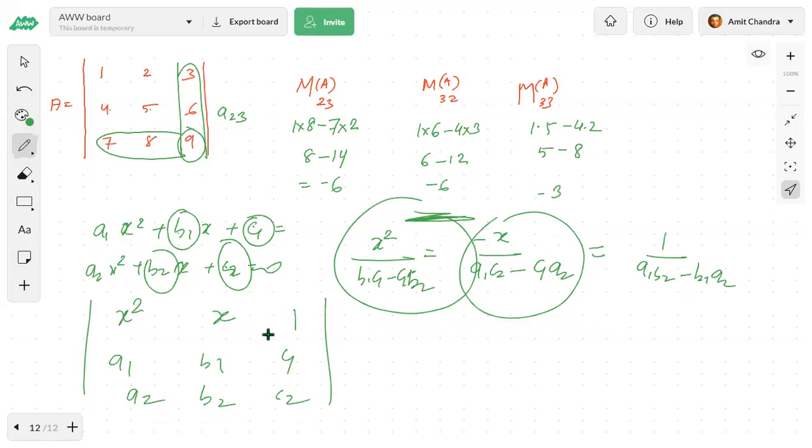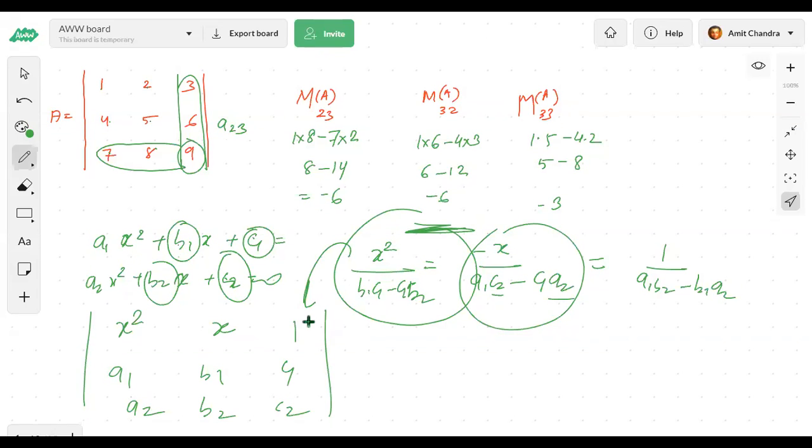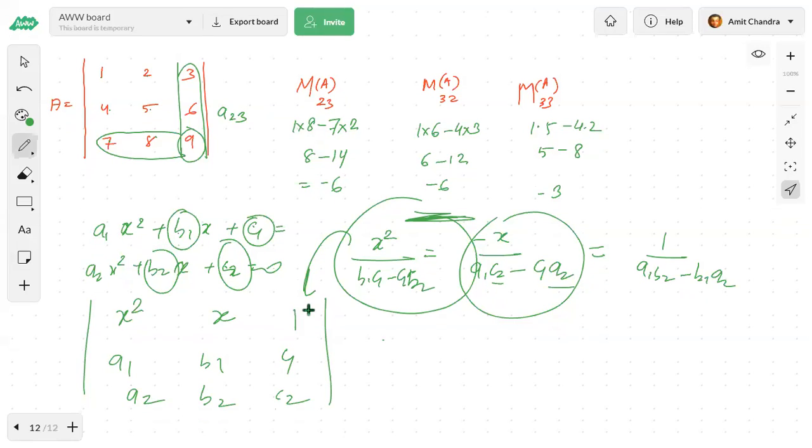Then we thought that okay, there must be an easy way to find this, because every time we are getting something like this, b1 c2 minus c1 b2, where two elements are multiplied. So then we converted it into a matrix method, which is easy for us to represent. That is why matrix and determinants are a method of finding solutions in an easier way. Okay, fine, everybody understood?